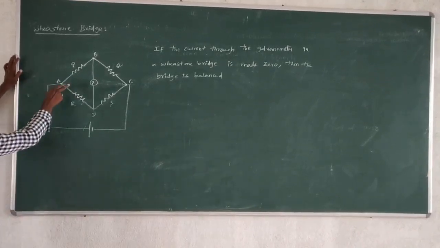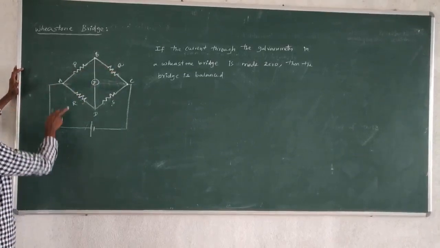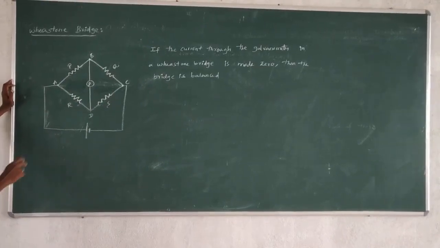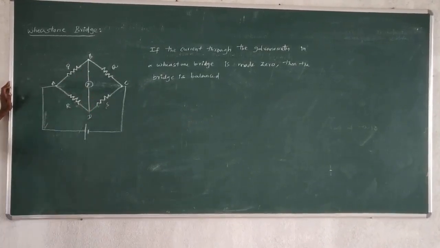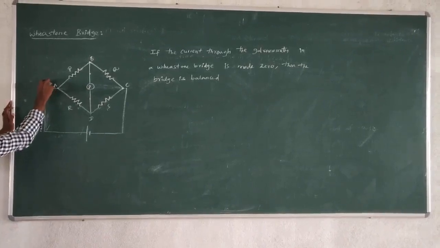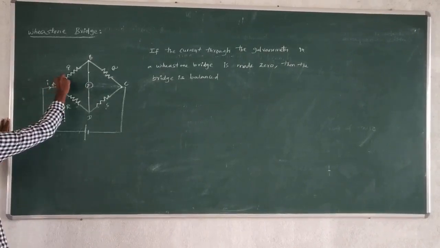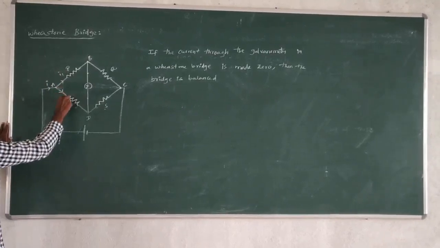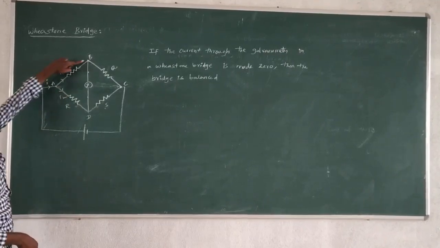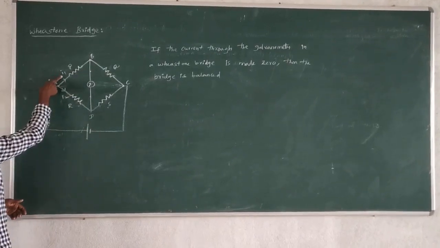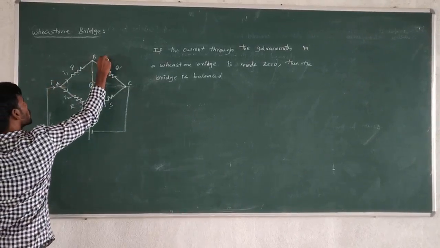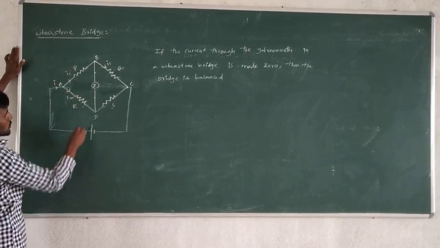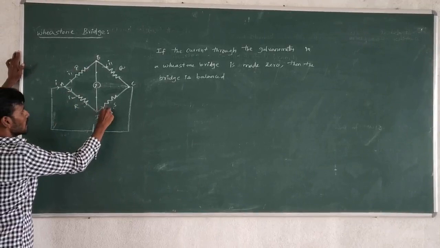Here the current in the P and Q resistors is the same, and similarly the current in the R and S resistors is the same. The potential difference between the ends of the galvanometer becomes 0. Suppose at point A, current I enters the circuit. The current in the P resistor is I1 and the current in the R resistor is I2. No current enters the B loop, so the I1 current enters the Q resistor, and similarly the I2 current enters the S resistor.